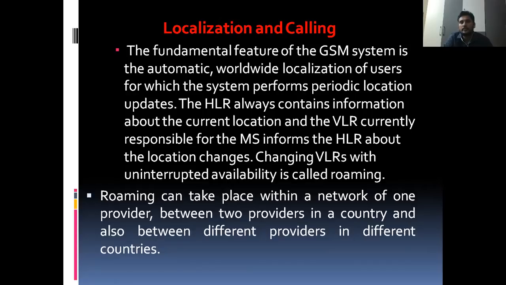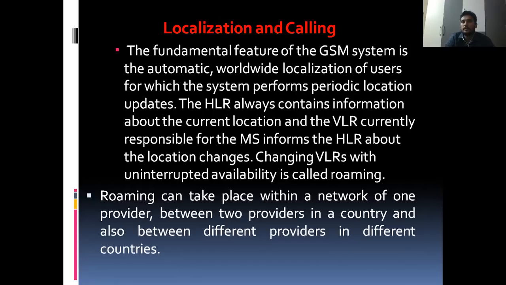So the data is transmitted. First the path is established between the Guntur person and the Hyderabad person. Then the data is transmitted, whether the data is textual, voice or multimedia, whatever it may be. The data is transmitted from the sender to the receiver, from one mobile station to another mobile station. So MS to the BTS, BTS to the local BSC, BSC to the MSC.